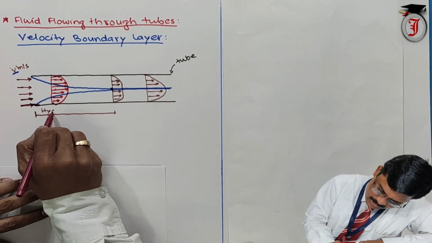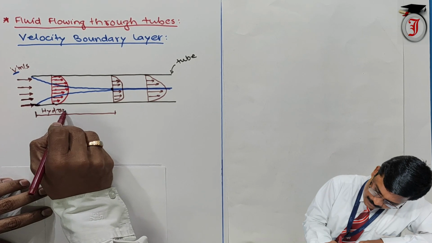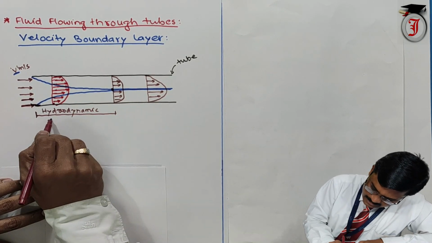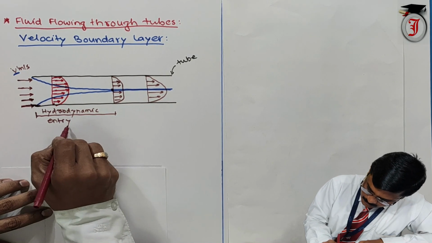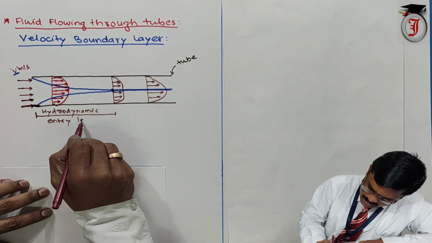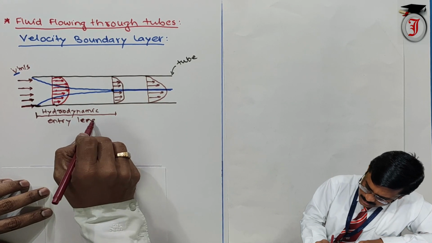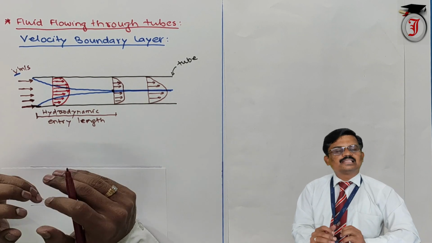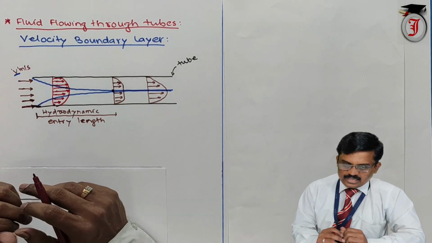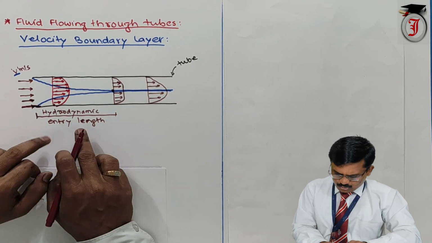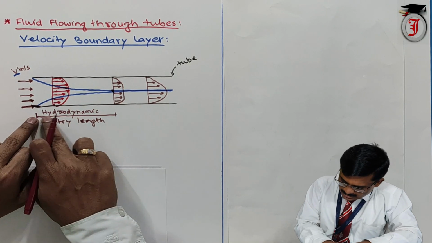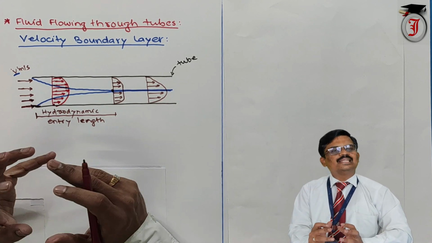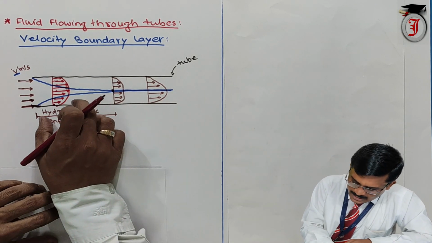This region is called the hydrodynamic entry length, or hydrodynamic entrance region, or hydrodynamic region, and the length of this region is called the hydrodynamic length. Now the flow in the entrance region is called hydrodynamically